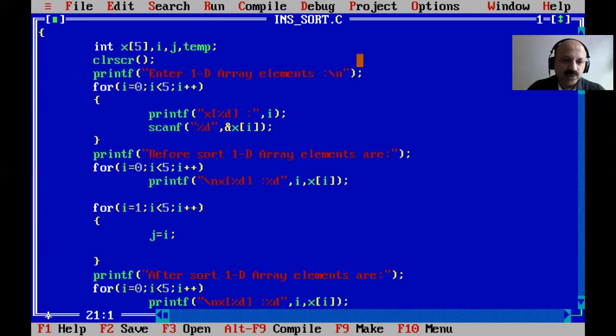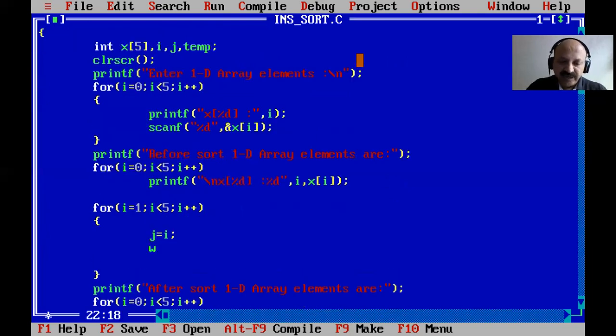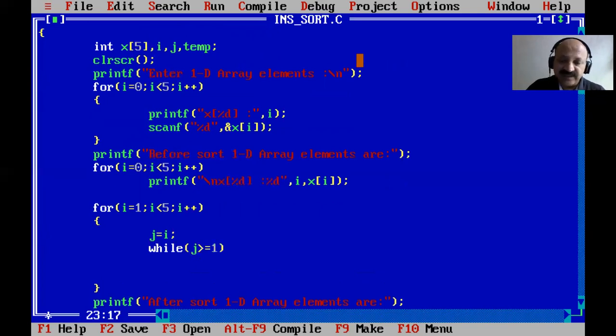And now what to do? So yes, now we take one while loop, and j is greater than or equal to 1. Yes, that is our while condition. And then j equal to j minus 1. So you can also directly write j minus minus, the decrement operator, if you understand. Otherwise j equal to j minus 1 is also the same statement.